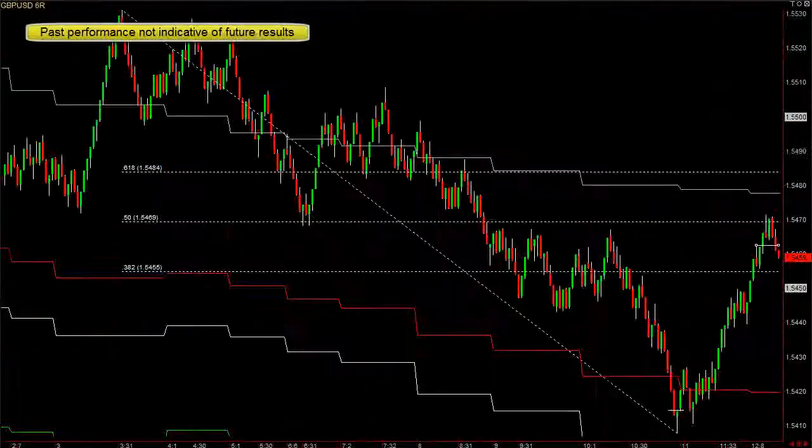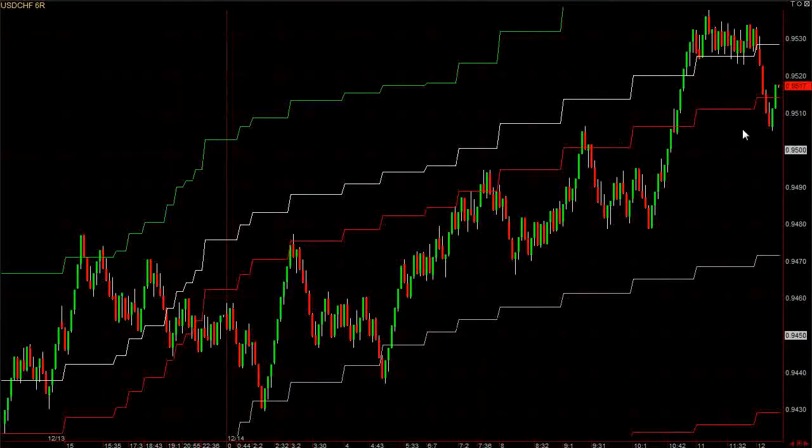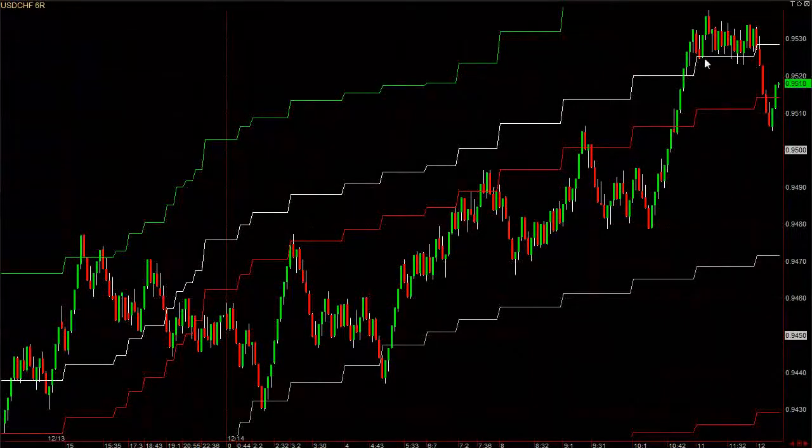Here's a dollar Swiss. We'll put that on this one. USD CHF, enter. It's going to download the tick data and generate a 6 pips per bar chart. Now this one did go up above the upper white bands,